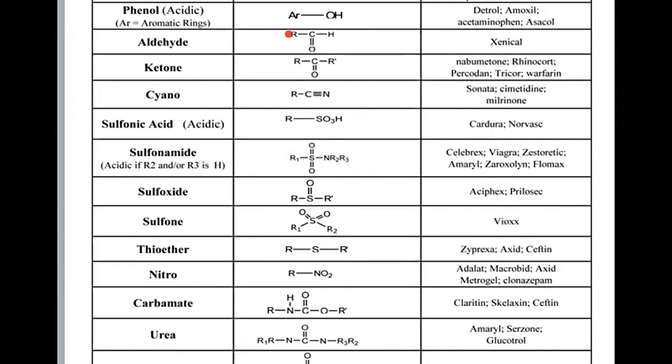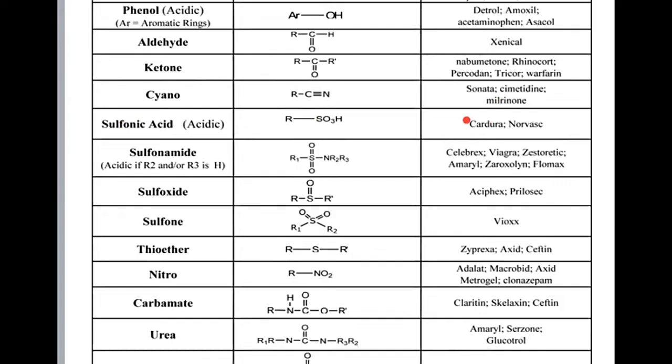Aldehyde, which is CHO, an RCO carbonyl group attached with H. That's the aldehyde function group, like xenical. Ketone, which is COR dash, like Renacort, Percodan, Tricor, Warfarin. Cyano, which is contained in Sonata,